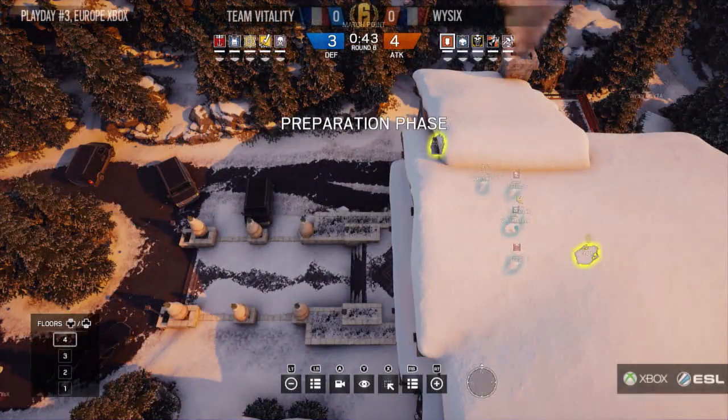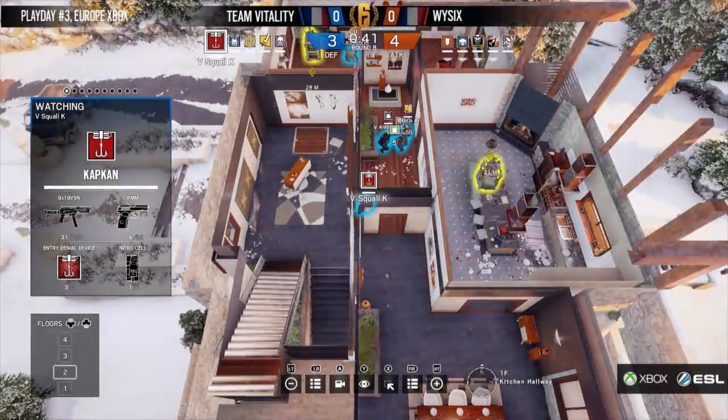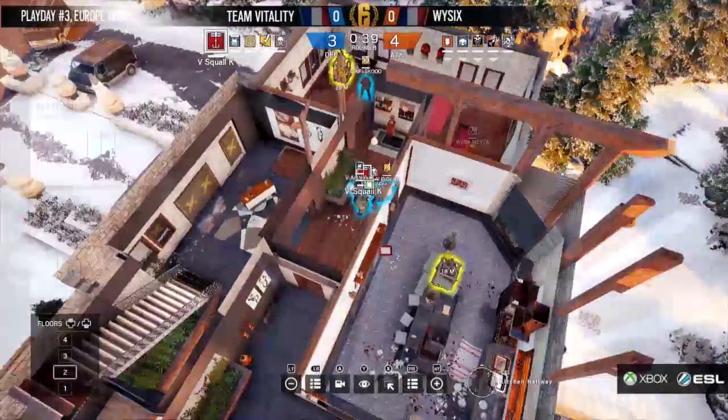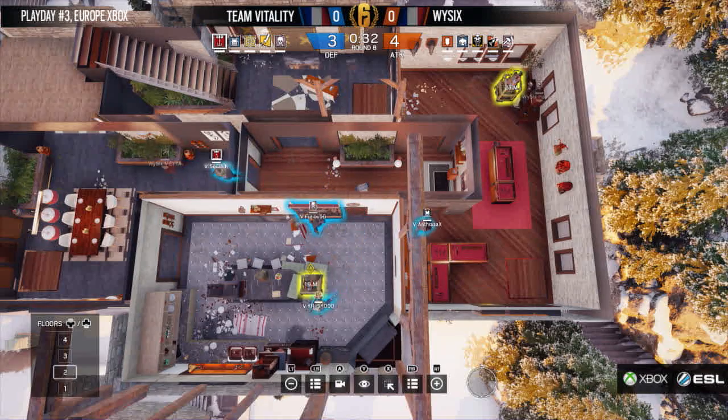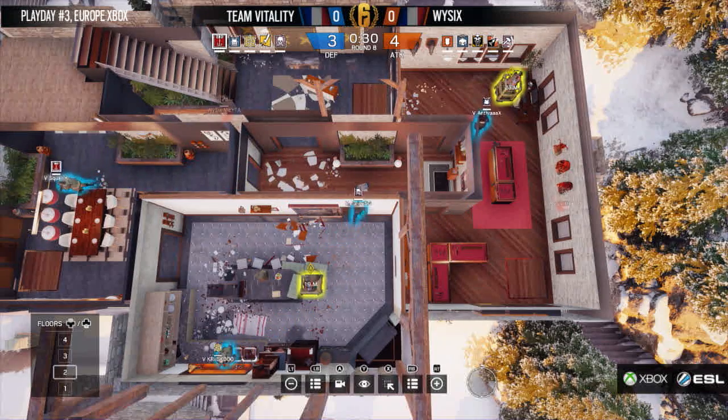If those 2 lurkers were just... Yeah, they can't just come down to those stairs, to the wine cellar stairs. That's the only way they can actually be dangerous for them. So why commit 3 people upstairs in the top floor of the map, where actually the bomb spot is in the basement? Yeah, send 1 person into trophy room window, sit here in the doorway to the right, watching those